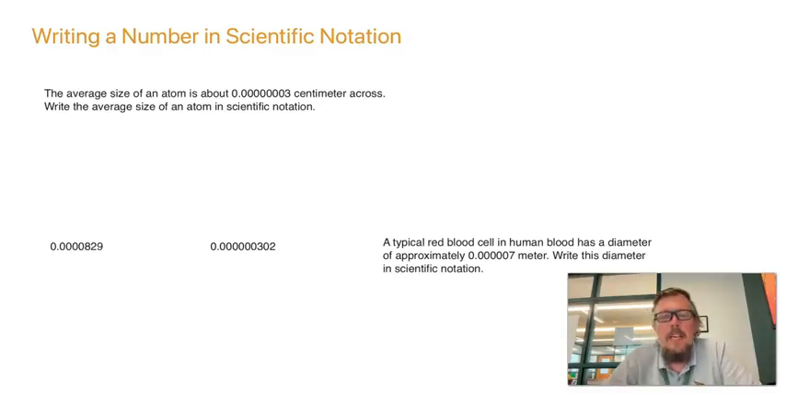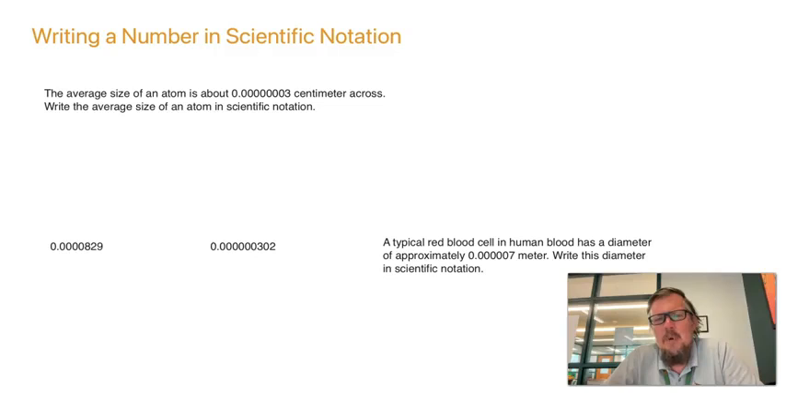One of the areas that scientific notation is really useful in is in biology, whenever you're trying to describe something that is very, very small. Scientific notation can be used to take a very, very tiny number and write it more concisely, mostly so that it's easier to read. If you look at our first example, the average size of an atom is about,